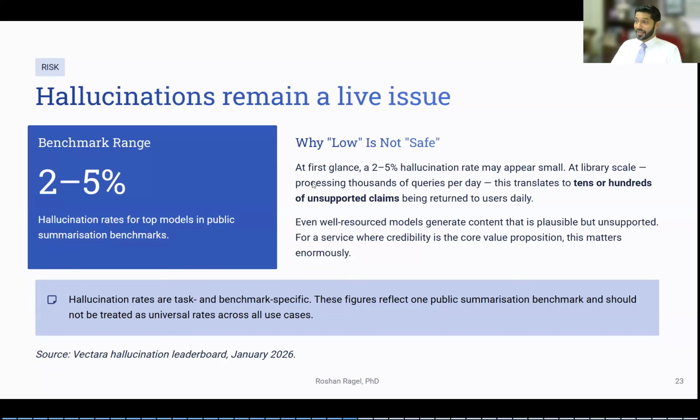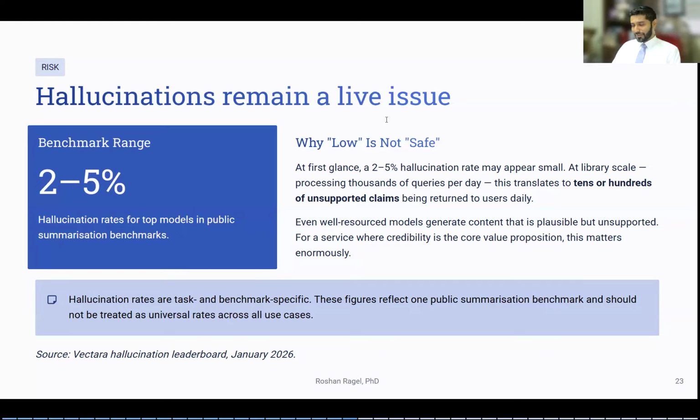So I'm listing them under what I call risk. So obviously one of the risks that has reduced significantly over the last 4 years since the introduction of generative AI tools to the general public is the hallucination. Hallucination, as you know, is things that are imagined, not real, not grounded on evidence. The numbers have come down. The benchmark now says the hallucination numbers are from 2 to 5%. It used to be about 40% when we started. So we have done quite a lot to bring it down so much, but still 2 to 5% is not zero, right? It's still a lot, right?